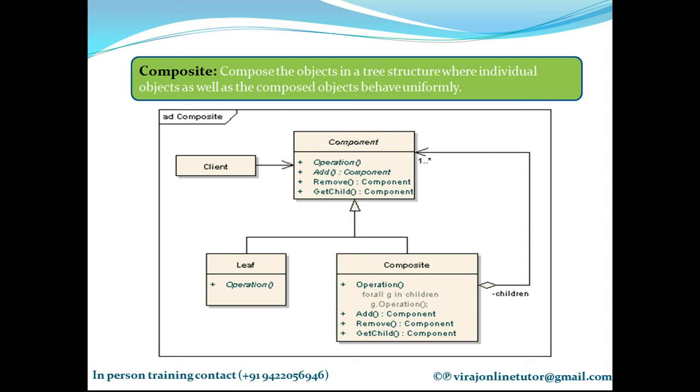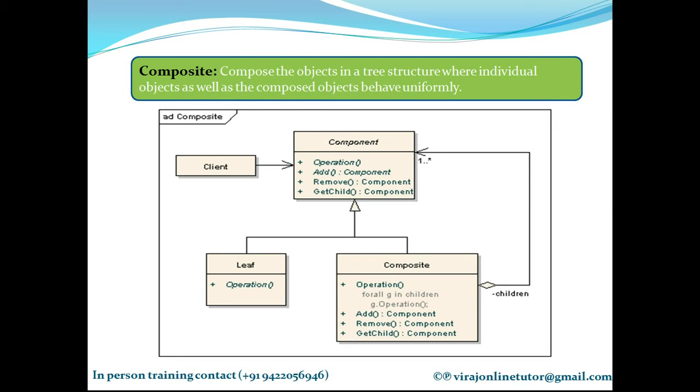If you just imagine the entire tree, I have a list made up of leaf and composite objects which is made up of n number of other objects. Okay, and composite object can contain composite object and the tree can go to any level. So at the end, if you just check the entire tree, it will be made up of leaf objects at the leaf of the tree. That's why you need to have this operation defined in the leaf class as well. Okay.